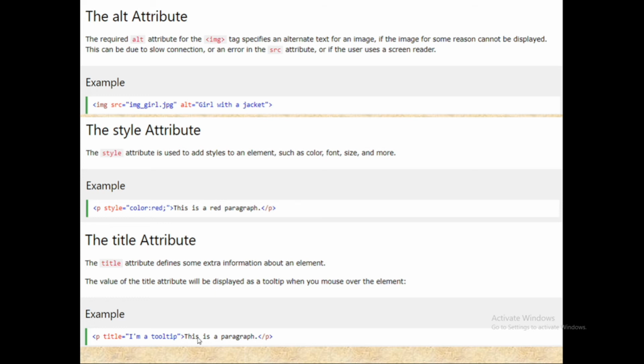The content of this paragraph is, this is a paragraph, and then they have closed the P element. Once this line is executed in the web page, as I keep the cursor on this text, the title will appear below the cursor. It will show, I am a tooltip.